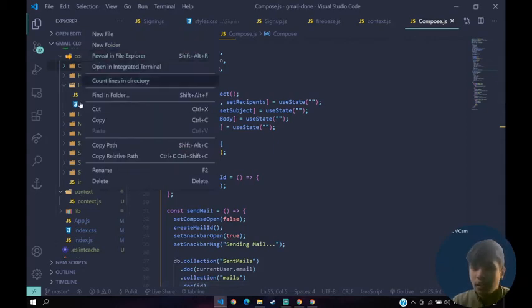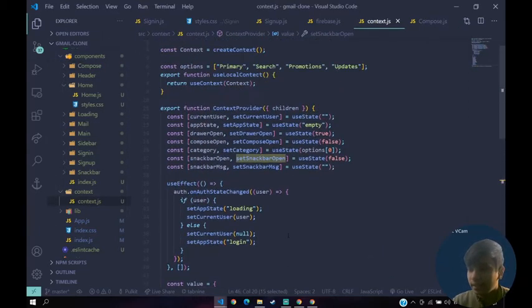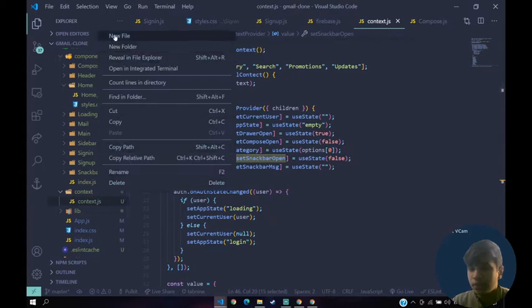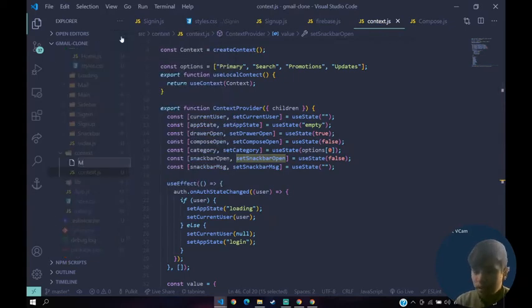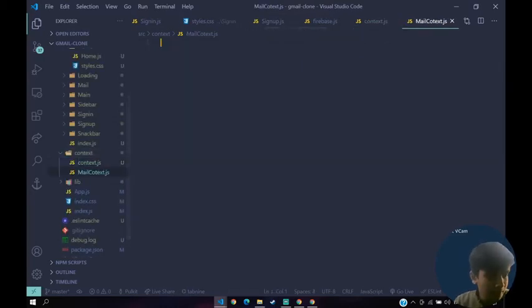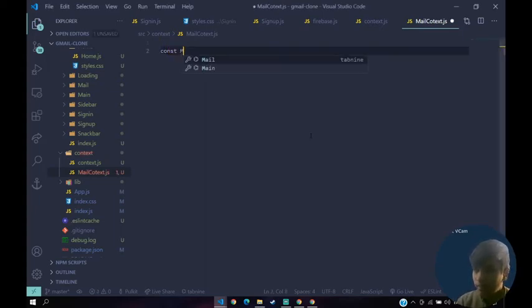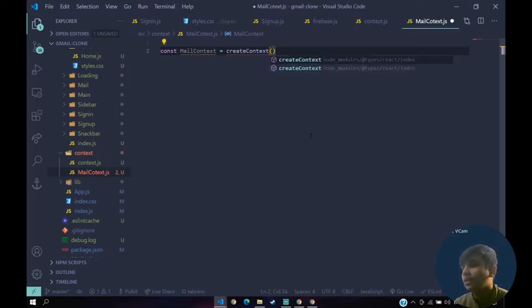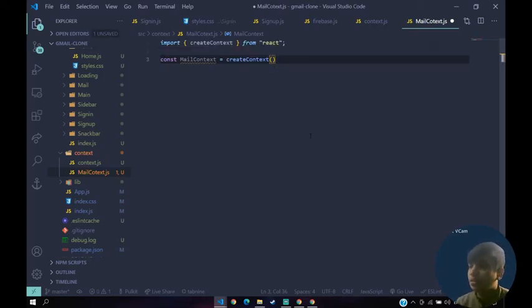So first of all, the same way we did it with the context, let's create a new file and name it mailContext.js. Inside mailContext.js, first of all we'll say const MailContext equals createContext, auto imported from React.